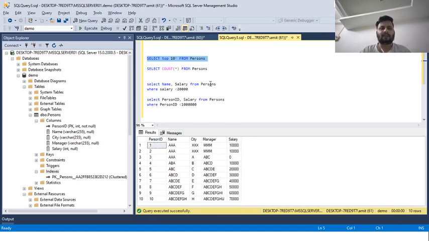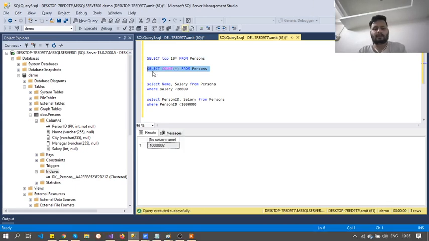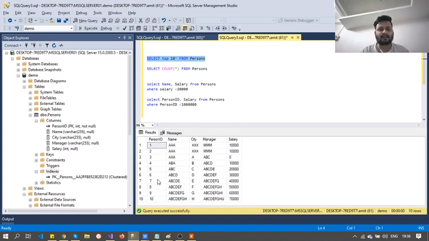So this is my table, and it has approximately 1 crore records. There are 1 crore and 2 records in the table. The primary key is person id, so the system automatically creates the clustered index on the primary key.